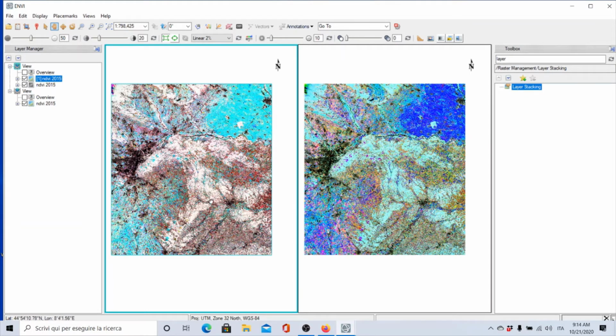You see that here, all this forest part is very whitish, while here it was a sort of cyan, because cyan means that in April the phenological cycle of this forest was very low. Now they are very whitish, while here everything is cyan again. So the NDVI is very high in August and not in June. Torino is always very dark, like the river, of course,